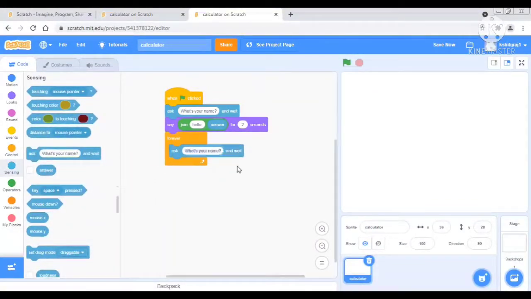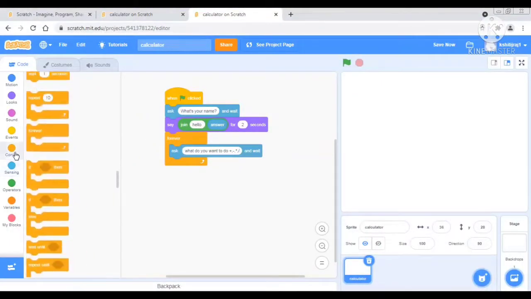We will put what do you want to do, and we will put a plus sign, comma, minus sign, comma, star, and then divide.